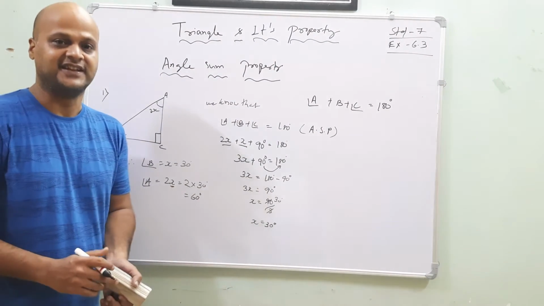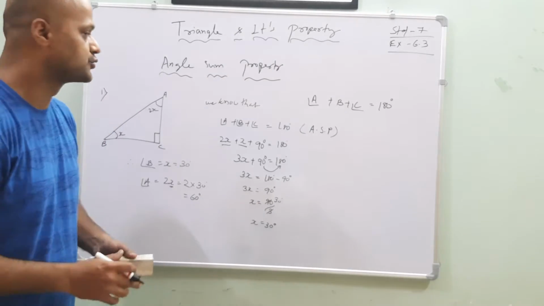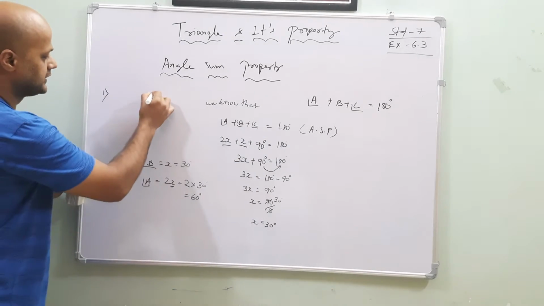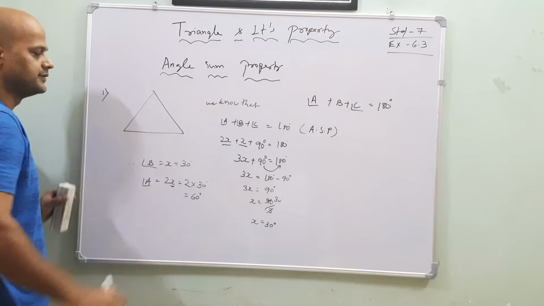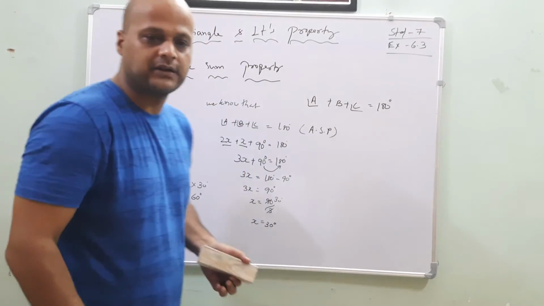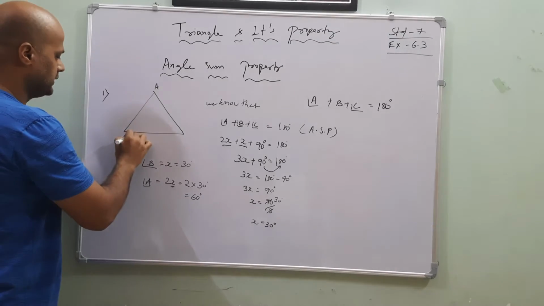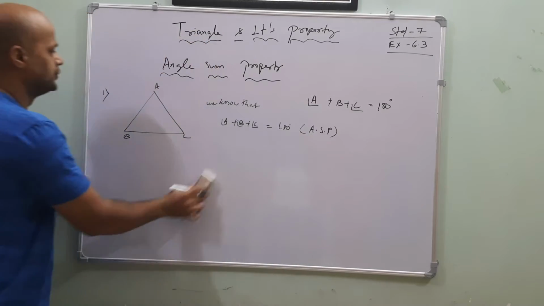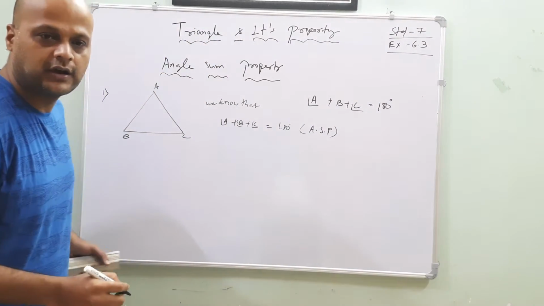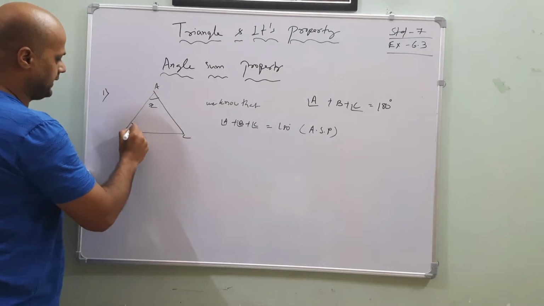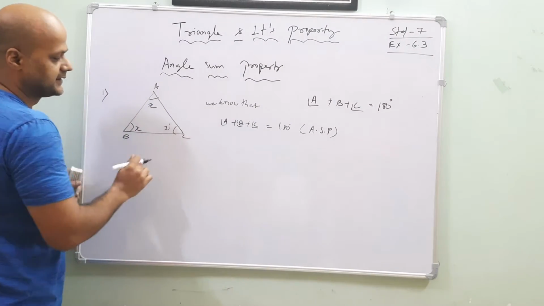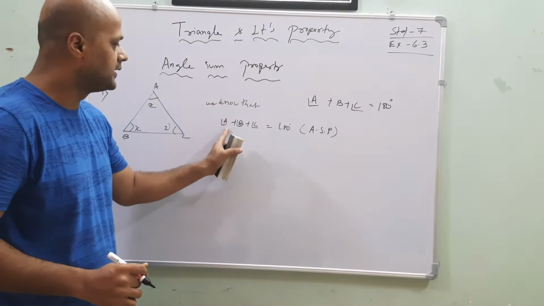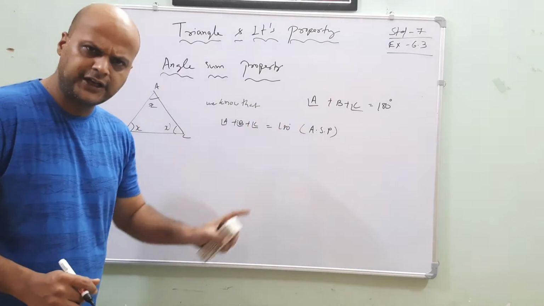Okay, very good. Let's do another one so that you can understand easily. The rest will be as it is. It is given like this: a triangle. Name it A, B, C. Again, I will erase everything so that it is easily understood. Here it is saying that all angles are x degrees. Now tell me, again you have to write the statement: we know that angle A plus angle B plus angle C is equal to 180 degrees.